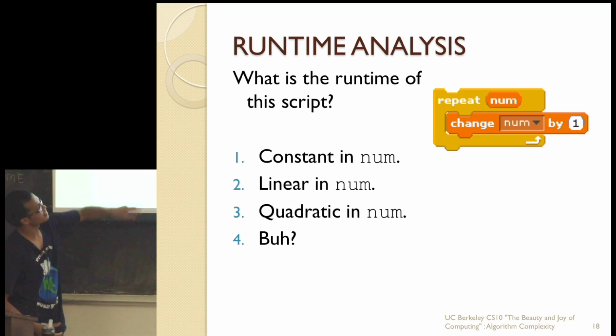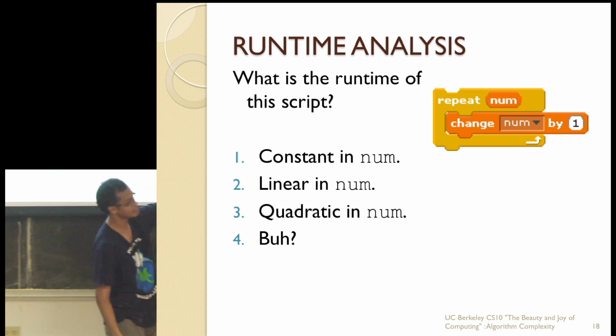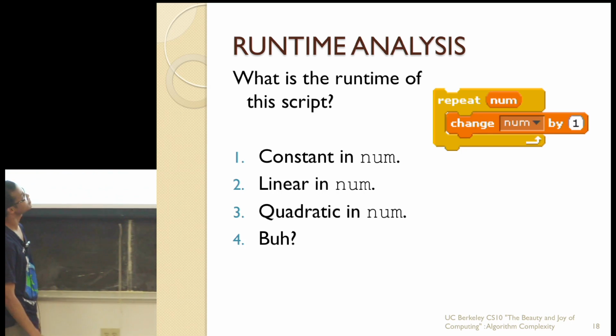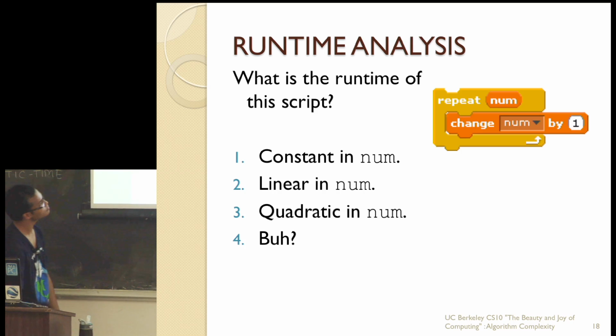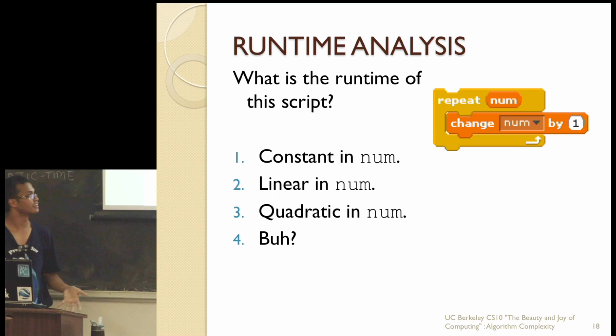So yeah, sorry. In this case, think of replacing 0 by 3. And how many times does the loop run? Actually, in this case, if you kept it like this, yes, it would be constant. It wouldn't run at all. But